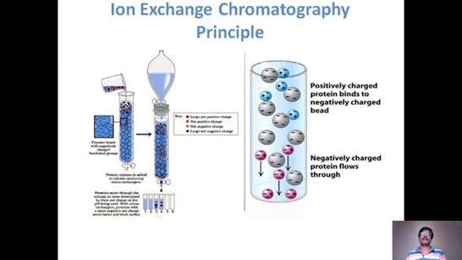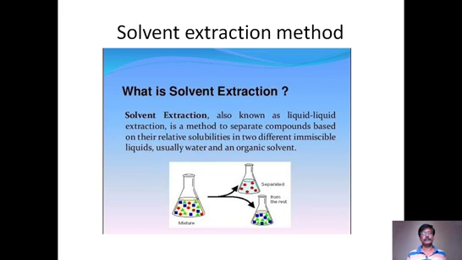So this is column chromatography. The resin is filled in this particular column, and after this, the whole mixture of lanthanides is passed through this column. Citric acid and ammonium citrate are passed through it, and the specific loosely bound lanthanides come out as a citrate complex. And one more method is the solvent extraction method.